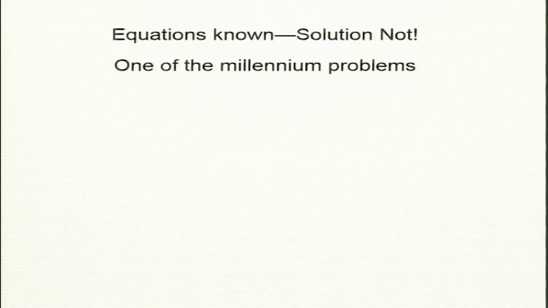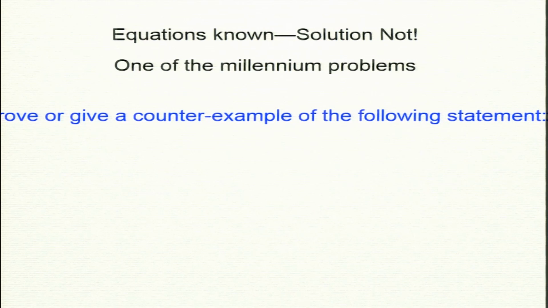This problem which we will study in this course, the equation is known, but the solution is not. In fact, I will state one of the problems which can give you $1 million if you solve it. It is called one of the millennium problems, there are 7 millennium problems, and this one is for Navier-Stokes, or in fact for Euler. So, prove or give a counter example of the following statements,